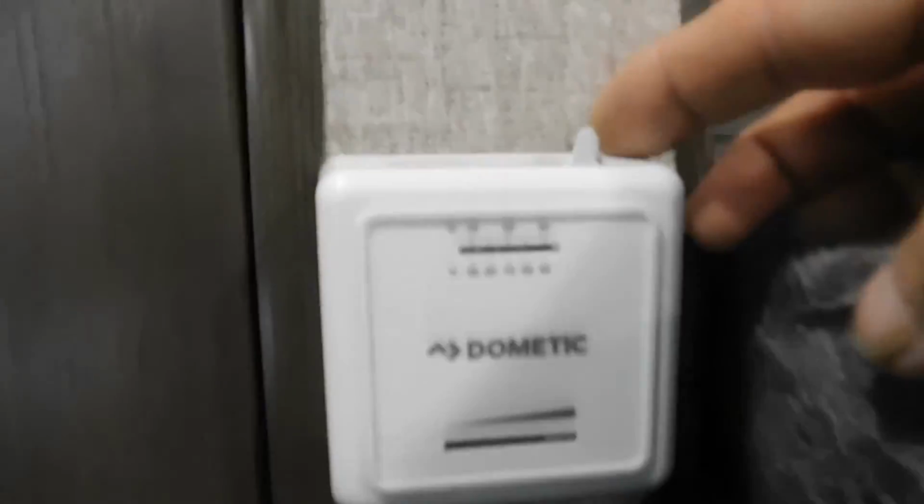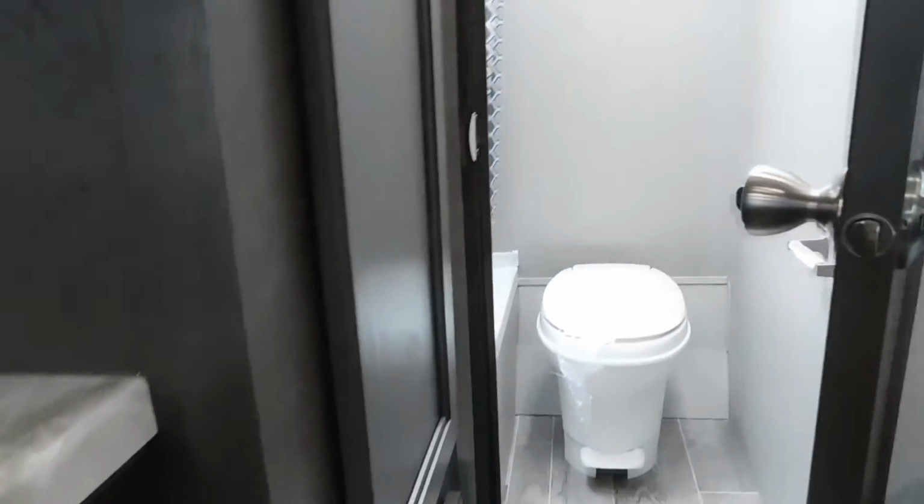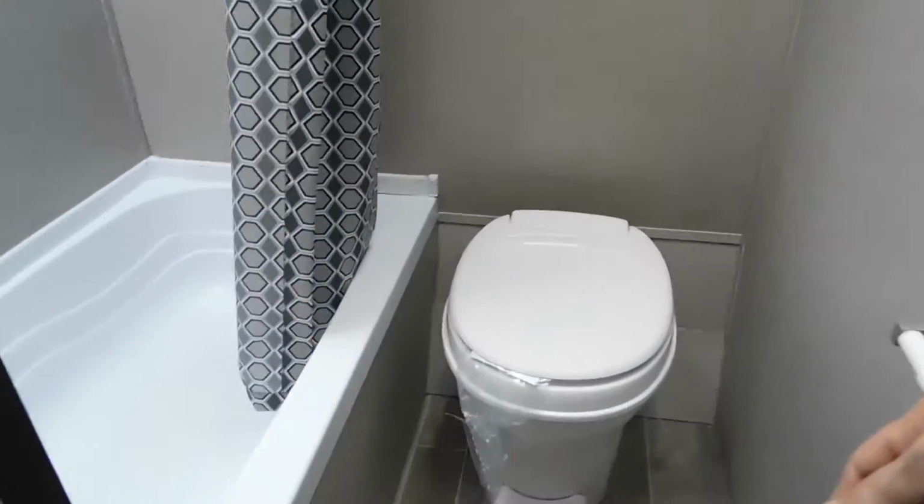And beside the bunk is your thermostat. Simply turn it on to the left, set it at the desired temperature. Here, just heard it kick on. Kicking up rather nicely. Coming into the bathroom, I just want you to remember you do have some plumbing to